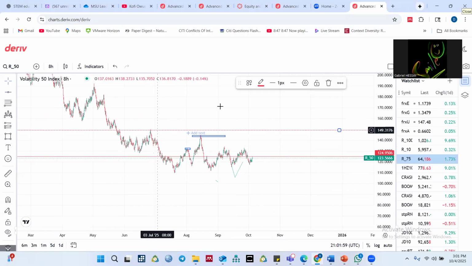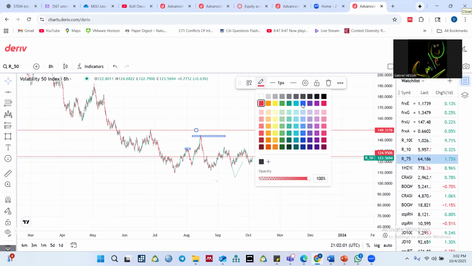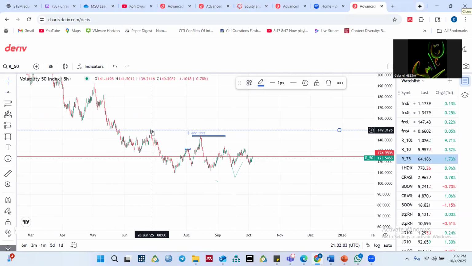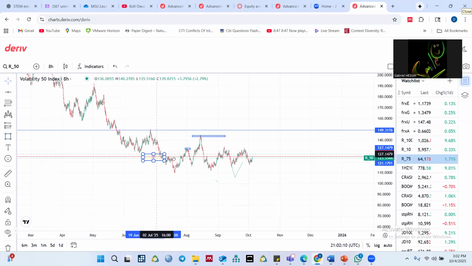Let me make this one blue. This line price here is the last high that broke this low and gave us this low, which also went up small and gave us this low. So this is our range,